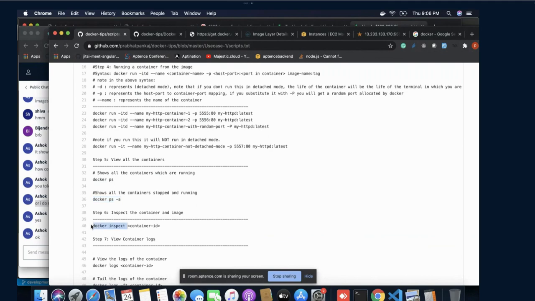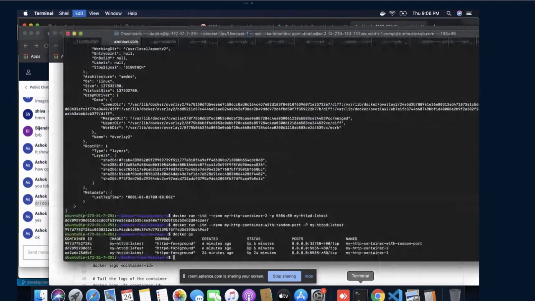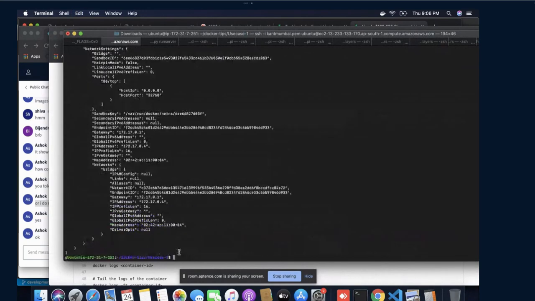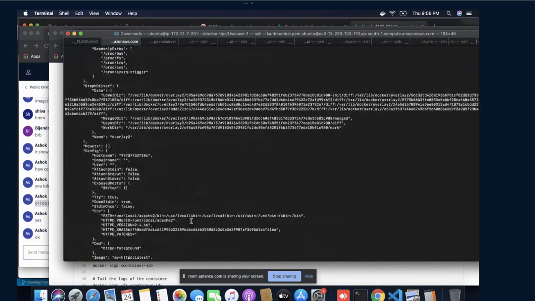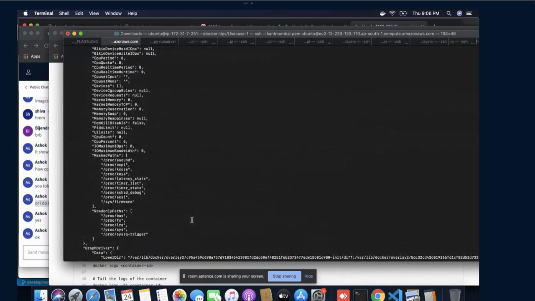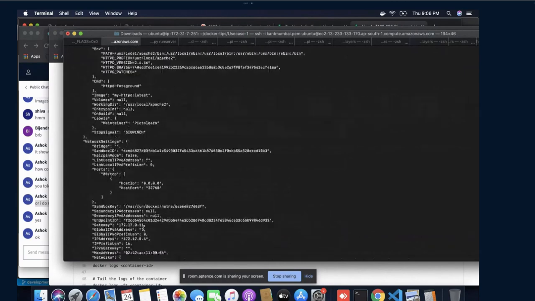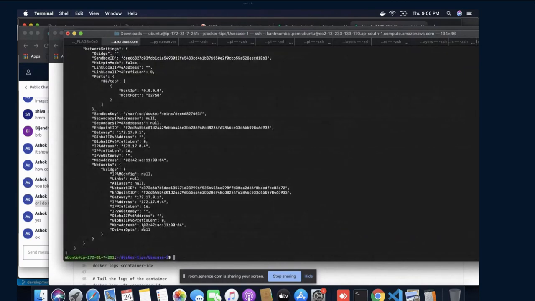So docker inspect and your container ID. See, all the relevant information has been written here for the Docker container.